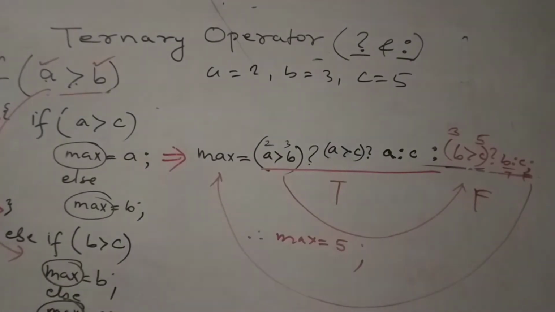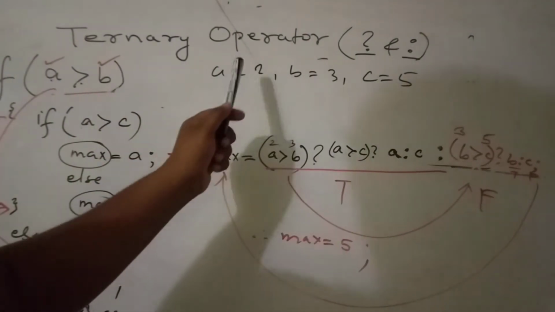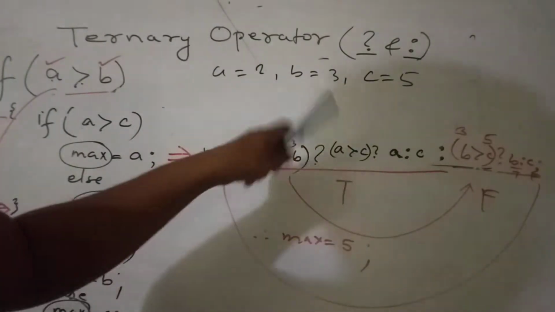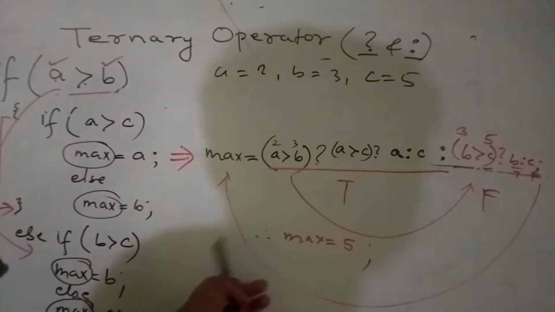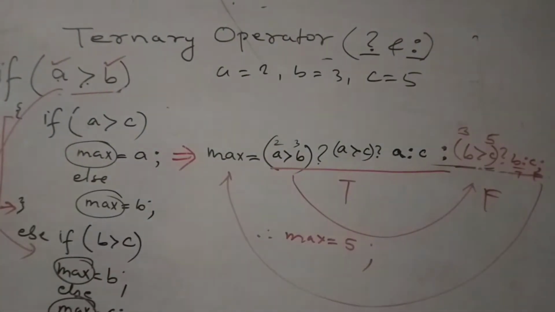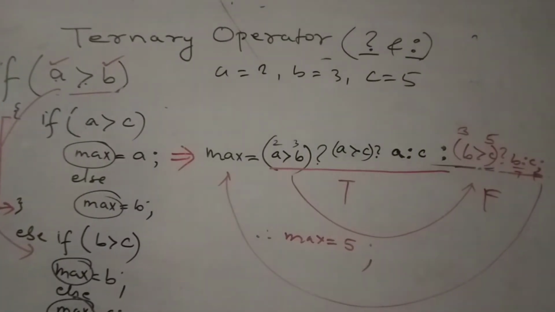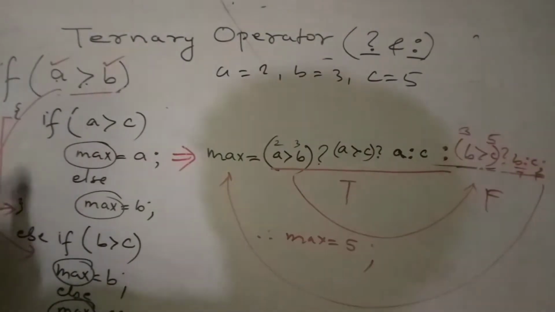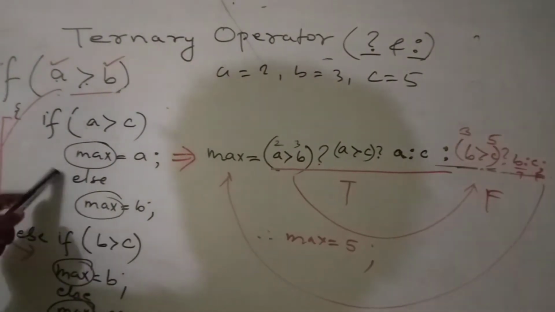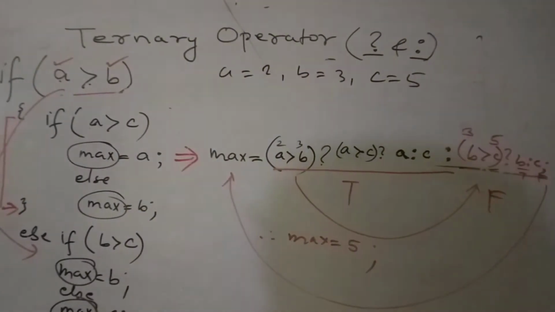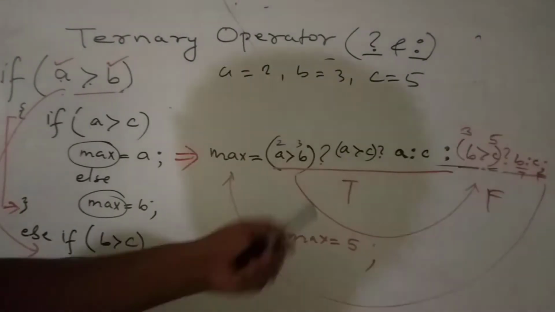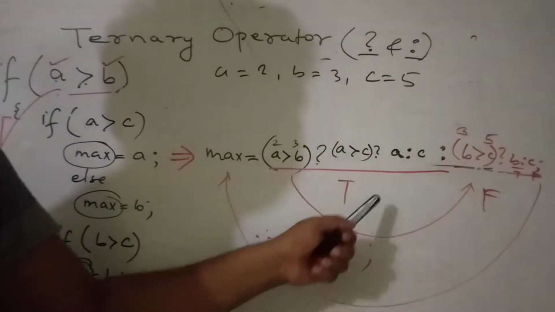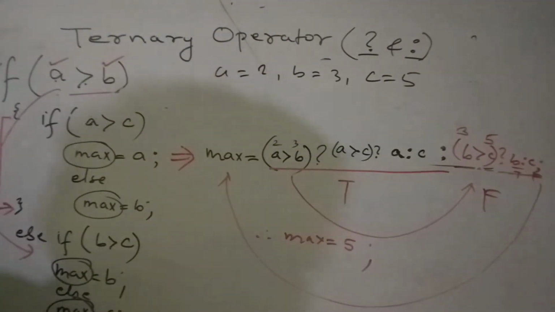You can check this by taking the values of A, B and C as some other different values. You give the values of A, B and C randomly, anyone, okay? And then you just check whether this logic is working or not, okay? The question that comes from here is that they will give you this if else and you have to convert this into ternary operator, okay? This question comes in ICSE for 2 marks, okay? Or they will give you the ternary operator and you have to convert it into an if else statement.